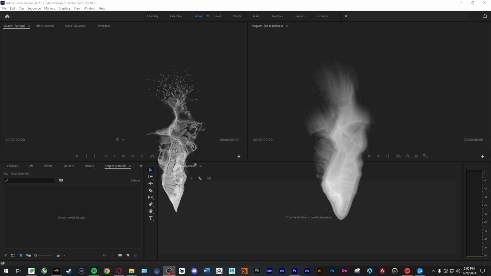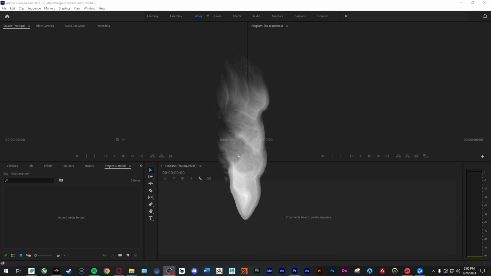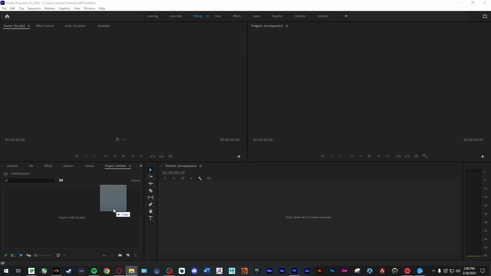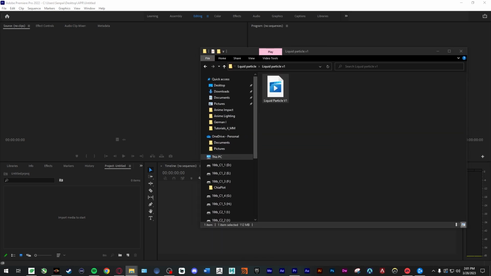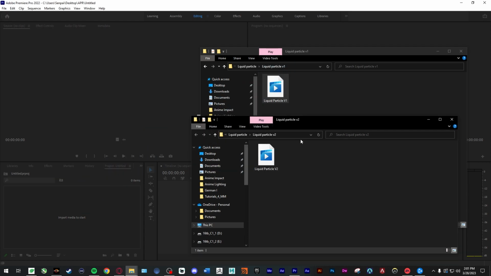So in this liquid particle effect, there are actually two versions, version 1 and version 2, and both of them can be downloaded in the description, and they all have an alpha background. So you can just put them in your projects, put them in your films, or anything that you want, and there is no background. When you download the assets, it'll look like this, and all you have to do is just drag and drop them,